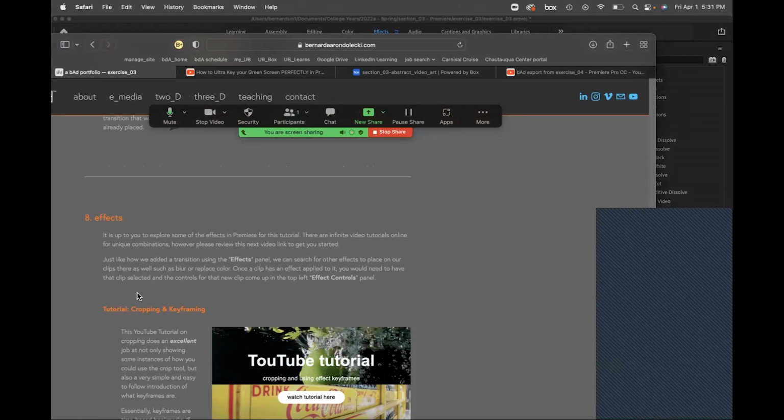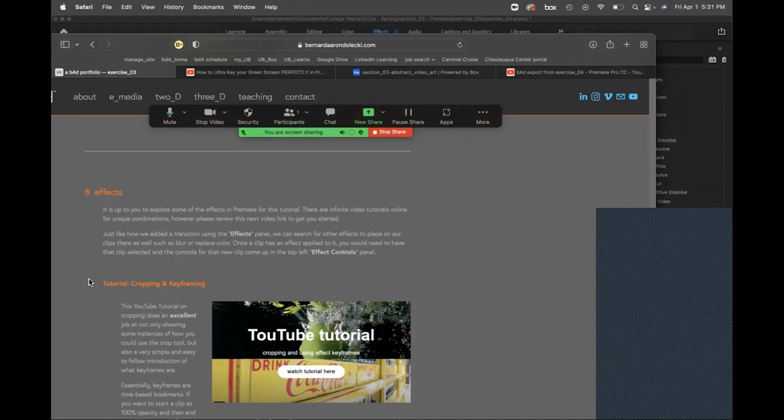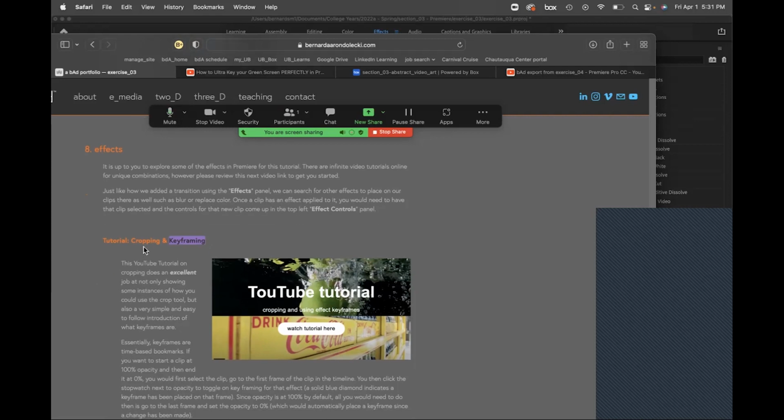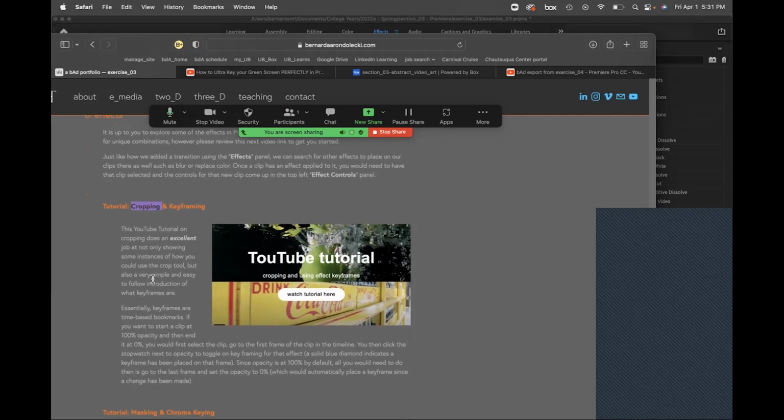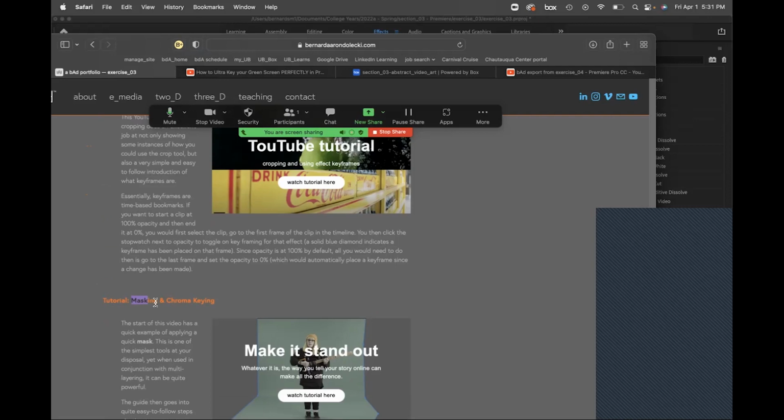And there's 3 separate components here that I want all of you to be able to get in and comprehend. Keyframing is kind of part of all of them. So there's cropping we're going to be doing. There's masking, and then chroma keying is an effect, but it is a very powerful effect to allow, kind of